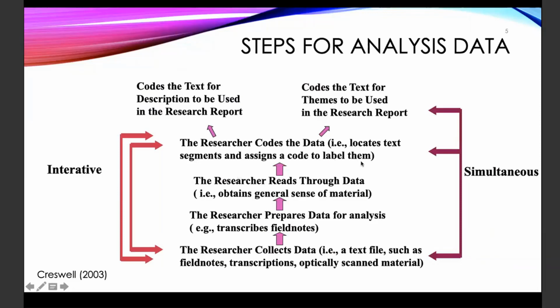You highlight, you write on the right hand side. Or sometimes we write on the left hand side, right, bottom, whatsoever. Okay? Now, we can use highlighters, we can use labels or taggings to put beside the important sections. Okay? Now, there are two things that we are looking for. Number one, we will put the text for the description to be used in the research report. For example, that statement says,